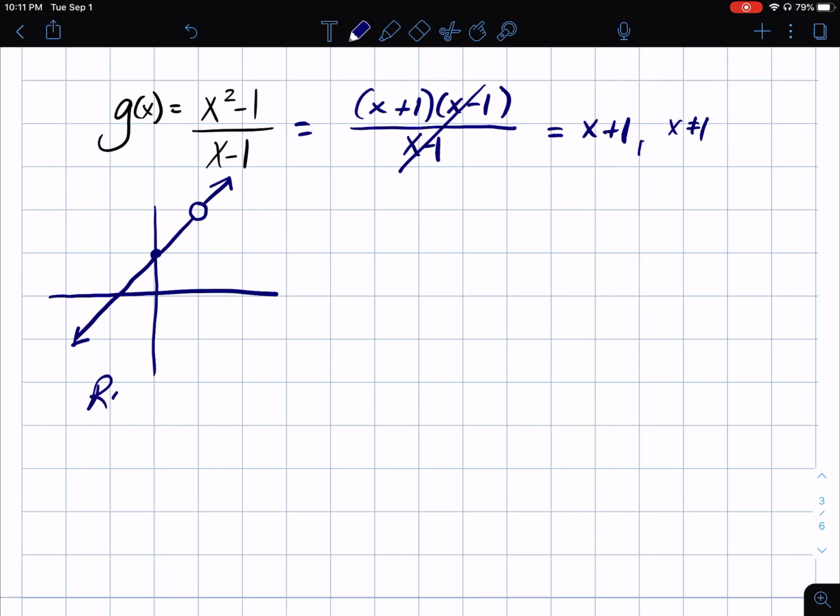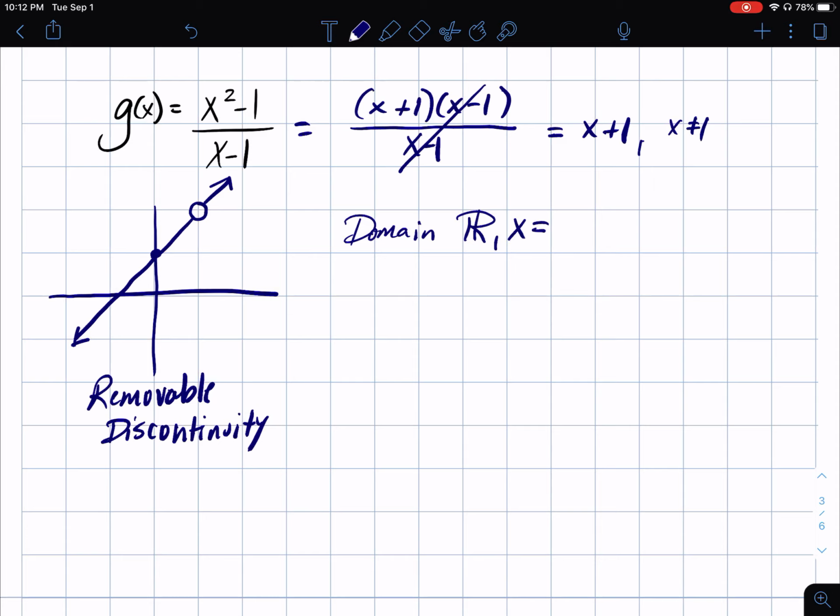So this is a removable discontinuity. So our domain here, if you're looking at it, domain is going to be all real numbers except x cannot be 1. It is continuous